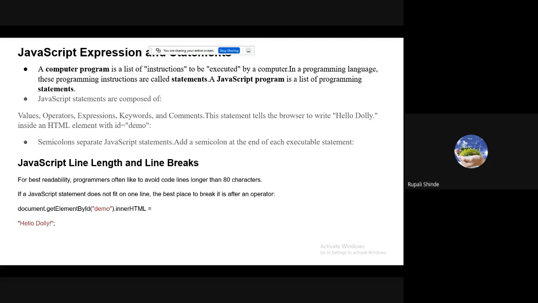As I have told you, one feature regarding JavaScript is that every statement should end with a semicolon. Again, they have given some rules, like every line should be less than 80 characters, which is easy to understand. We can separate the lines.